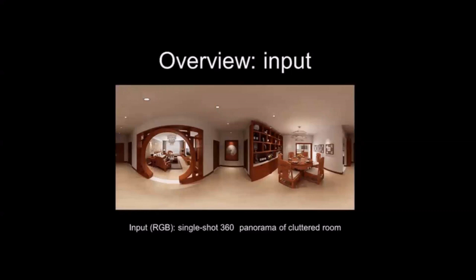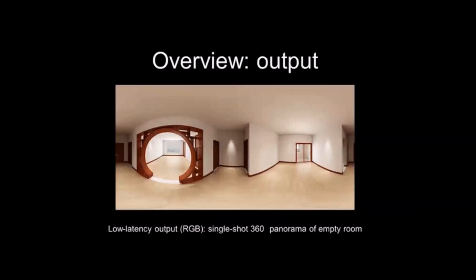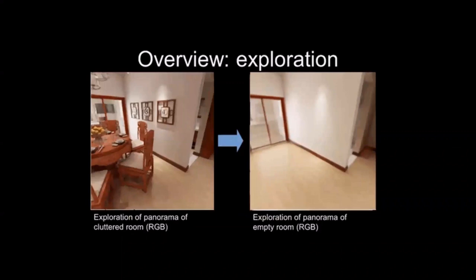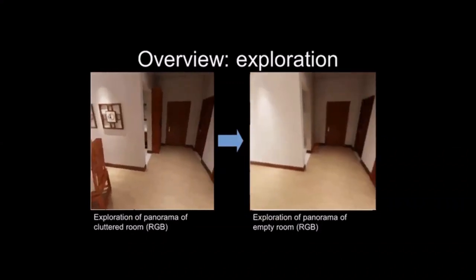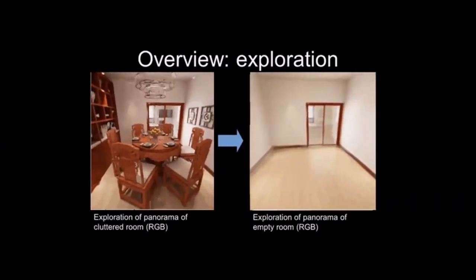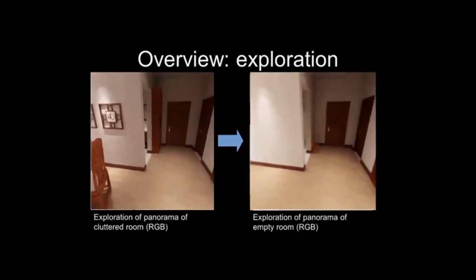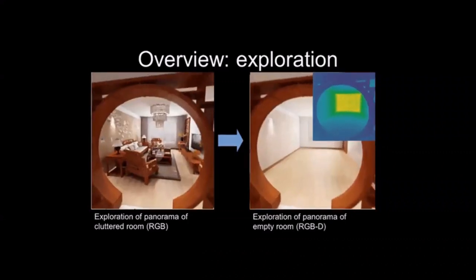The input of the network is thus a single-shot 360-degree panorama of a cluttered room, which is transformed with low latency into a panoramic image depicting the empty room, together with a registered depth map. Here we saw an example of a panorama of a cluttered room as input and the output of not just its empty room but also its registered depth